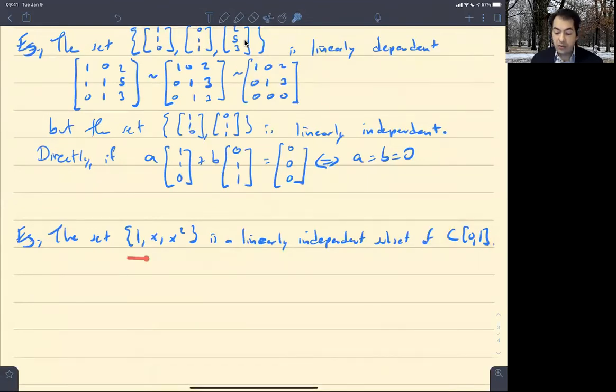So when I set a linear combination of these functions equal to 0, it's the function 0 that I'm setting it equal to. Also, I want to emphasize, this is something that's going to come up over and over again. Every time you want to check if something is linearly independent, you're going to start the same way. You're going to take a linear combination, set it equal to 0, and then you want to show that the coefficients are 0. Right? So, indeed,